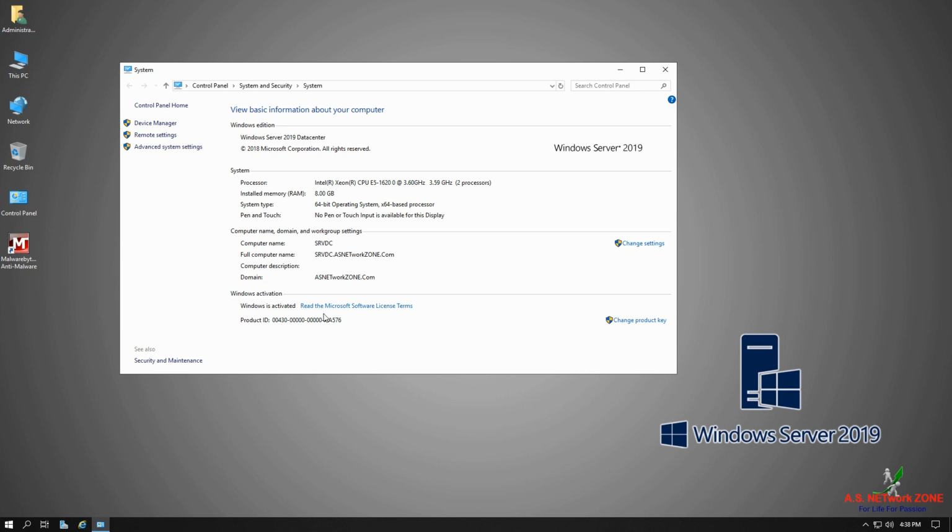Last time our computer was working in a workgroup environment, but now it's working in the domain asnetworkzone.com. And our computer name is also changed. Now its FQDN is srvdc.asnetworkzone.com. srvdc is our CN, whereas asnetworkzone.com is our DN, equals FQDN. FQDN stands for fully qualified domain name.